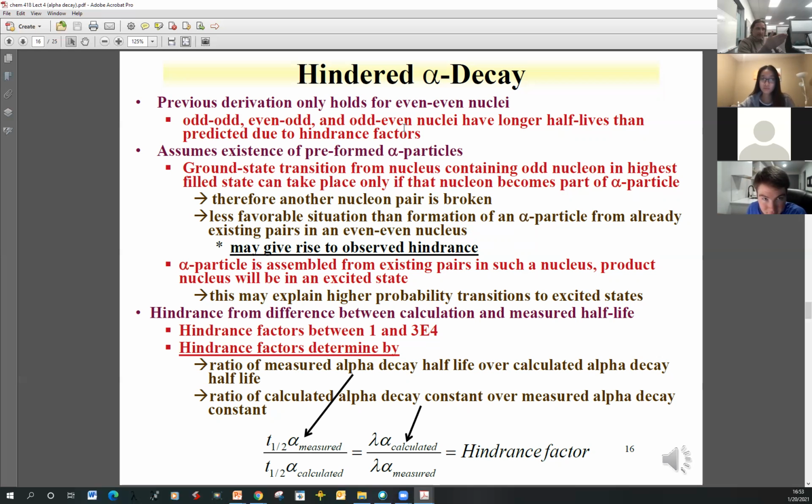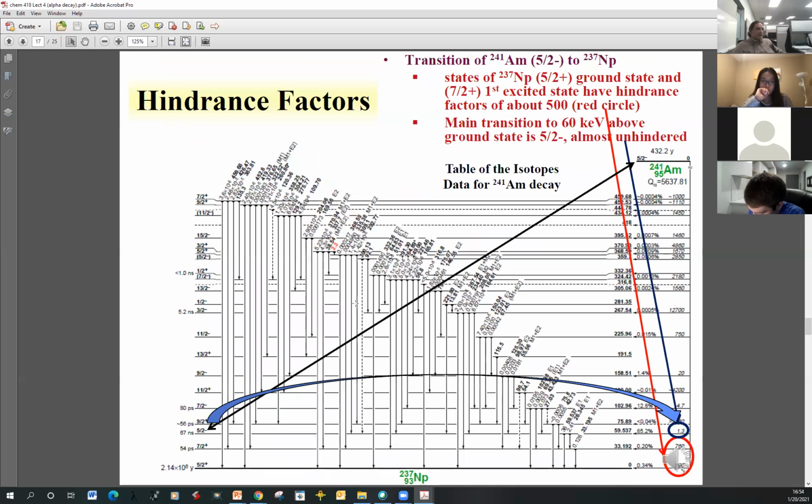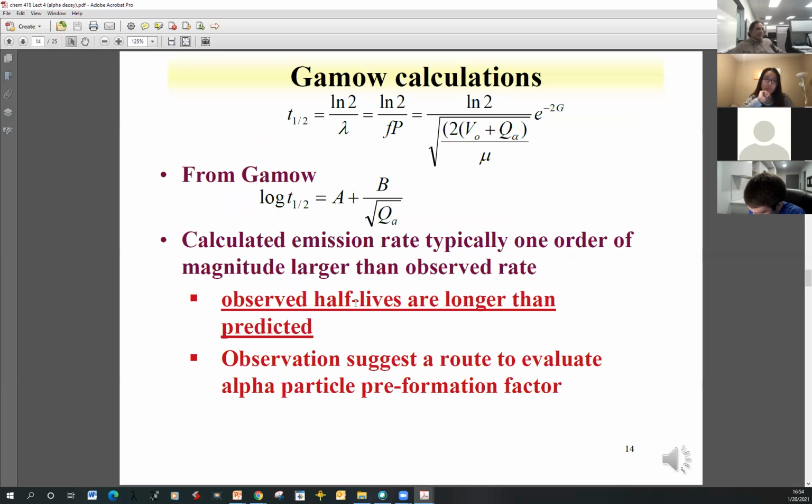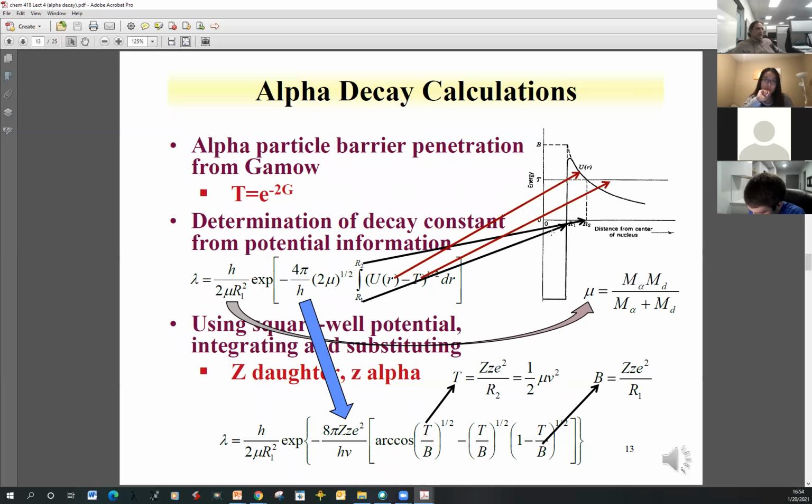So what the hindrance factor tells me is, it's a way of saying, well, what's the probability of that occurring? So it gives you an idea of how often this preformed particle is sitting in the nucleus. And then the other thing that could have influence on the hindrance factor is the fact that this equation,